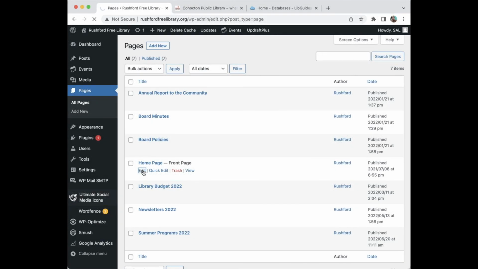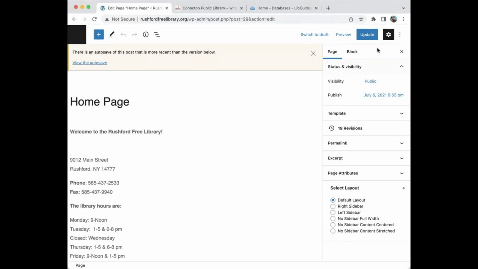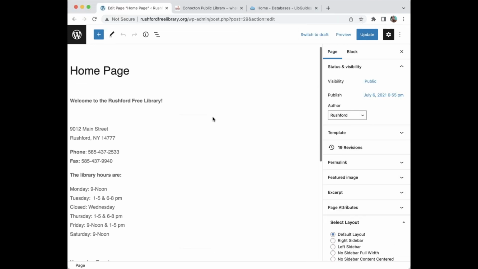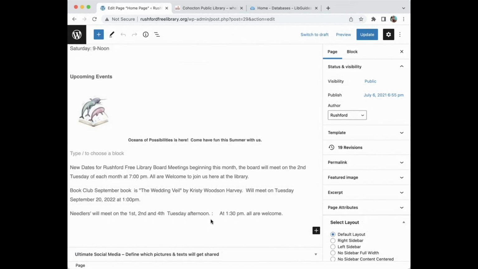The new WordPress editor, and I say new, it's obviously been out for a couple of years now, but the block editor does make it a little bit easier than the previous version of the WordPress editor to make your homepage look attractive. What I suggest as you move away from a slider is that you do advertise your upcoming events on the homepage, or photos of a really cool event or kids crafts or something. We don't want your website to become a repository for images. Facebook is really the best place for that. But if you have a great eye-catching image from a craft that kids recently did at your library, Jesse, you could feature that and just put up a little post about how that went